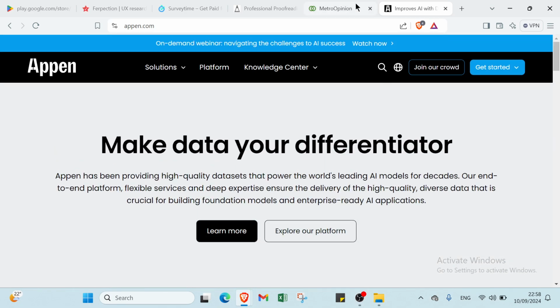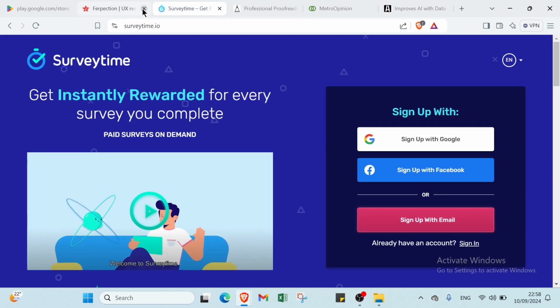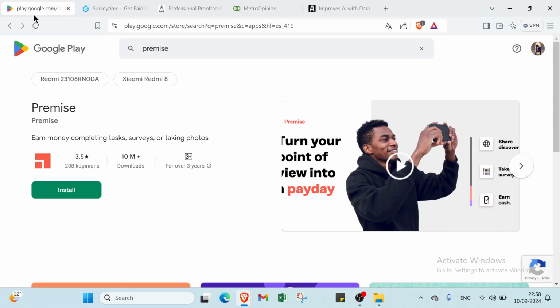So this is how it works with Appen, Metro Opinion, PaperTrue, Survey Time, Perfection, and the last one we have